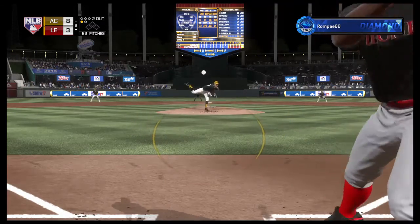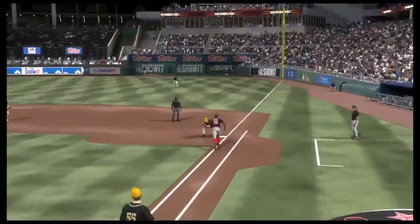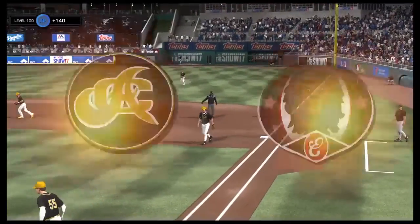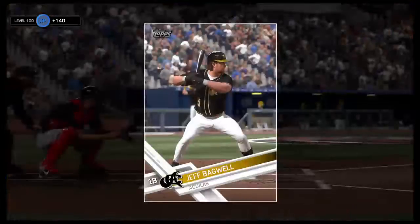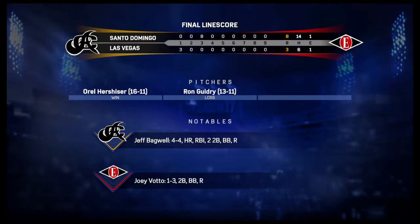Swinging, a ball hit on the ground. On to first, and that is going to conclude the festivities here tonight. So the lineup really helped carry them to victory here in this one, and this man was...